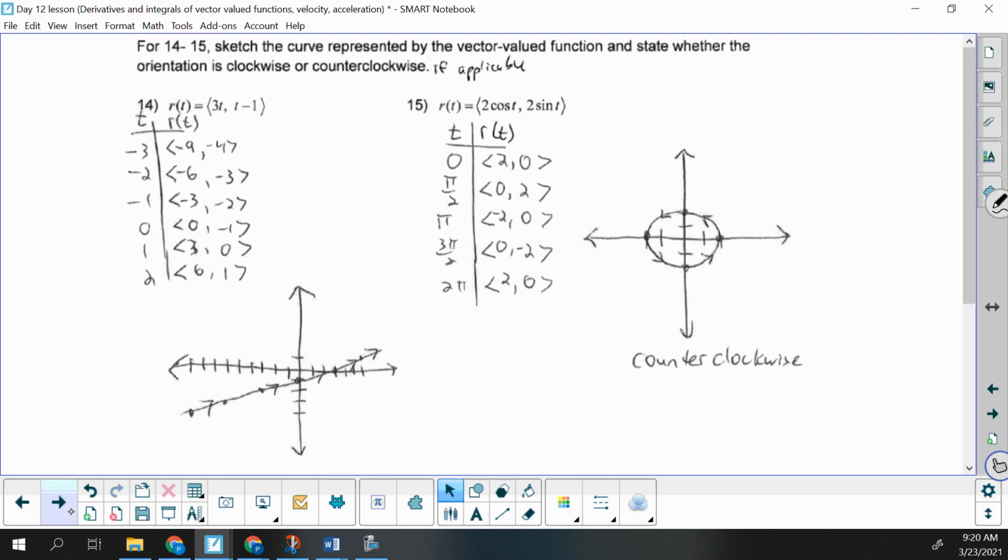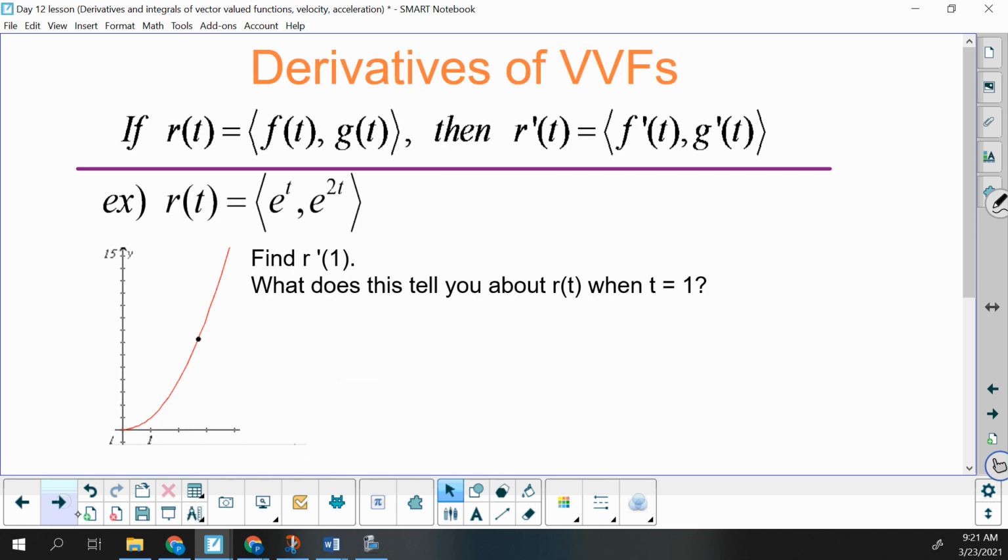In 15, pick your nice values for t. And notice we're going counterclockwise in that one. And that was it for